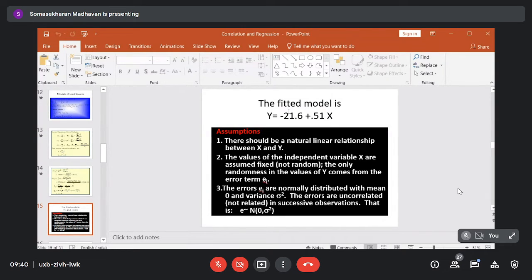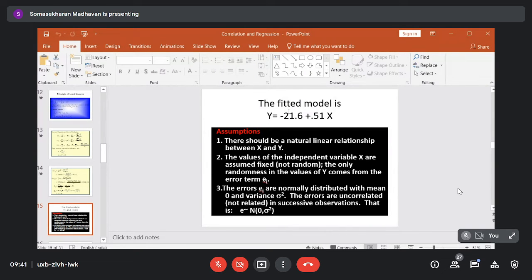So what is the real meaning of this model? How do you explain this model? This explains that when the height increases by 1 centimeter, the average increase in weight will be 0.51 kilogram. It will be 0.51 kilogram. Okay. So that means, and also if